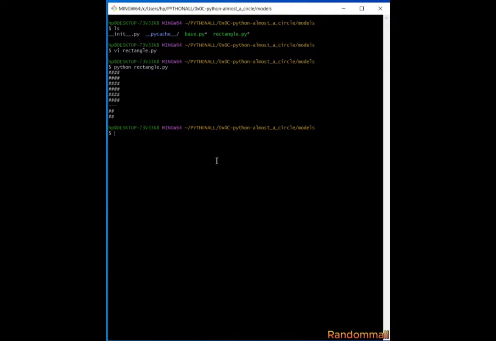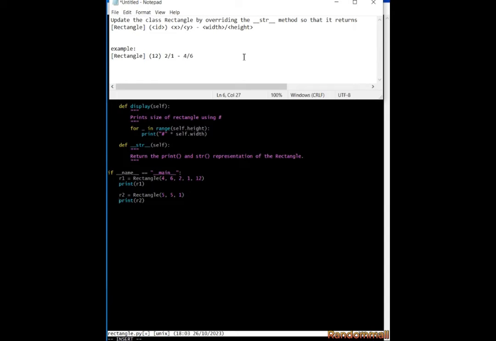There you see. So the width is 4, it prints hash 4 horizontally, and then vertically is a 6 line. For the second one, width is 2 and height is 2. So let's go. For the sixth one, we are told to update the class Rectangle by overriding the __str__ method,